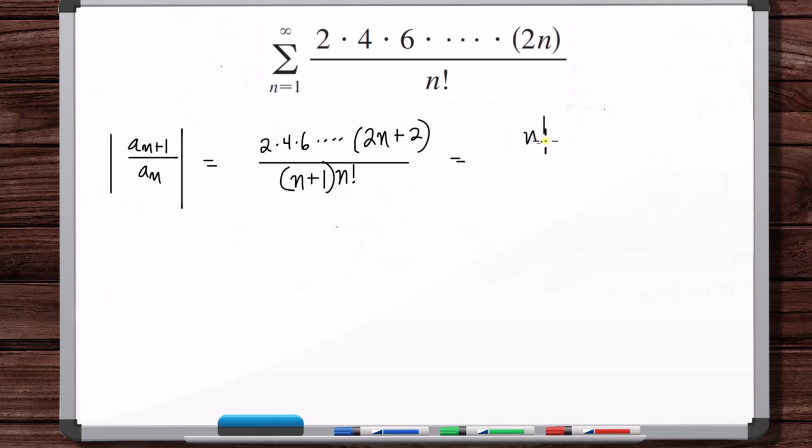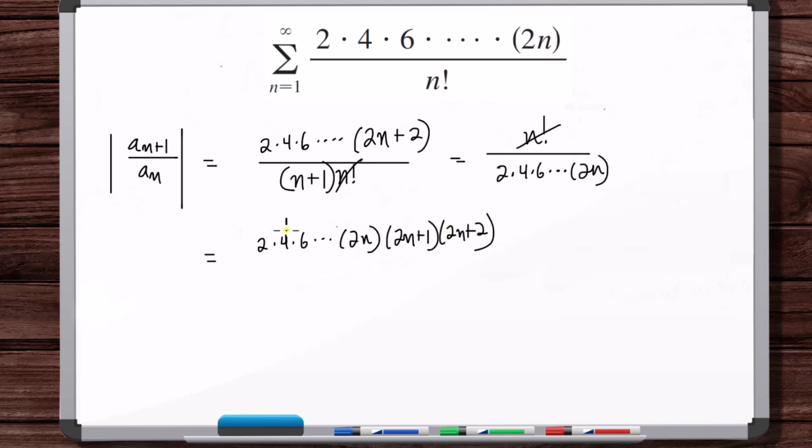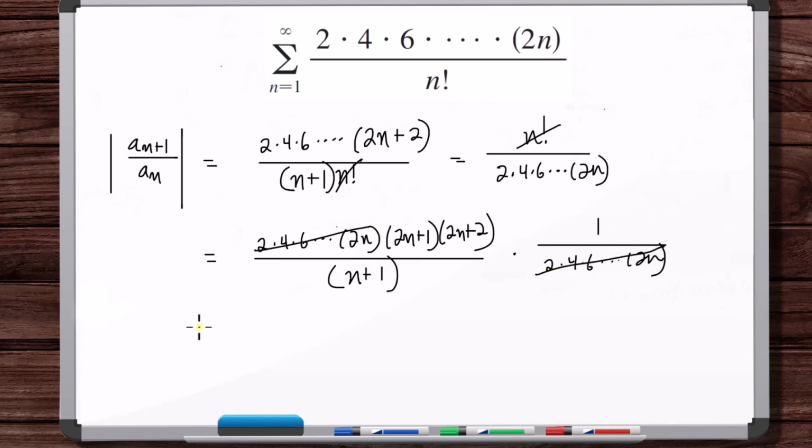And then we've got n factorial, and then 2 times 4 times 6. Okay. So we've got 2 times 4 times 6, and then 2n plus 1, 2n plus 2. Okay. So all of this cancels, and we're left with